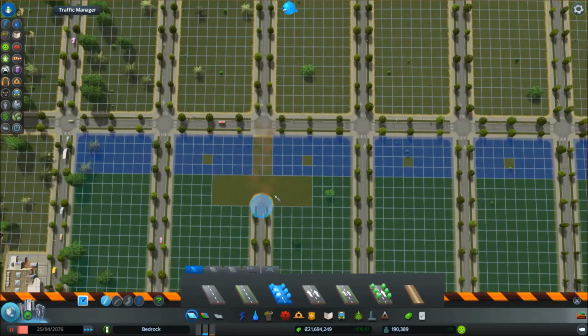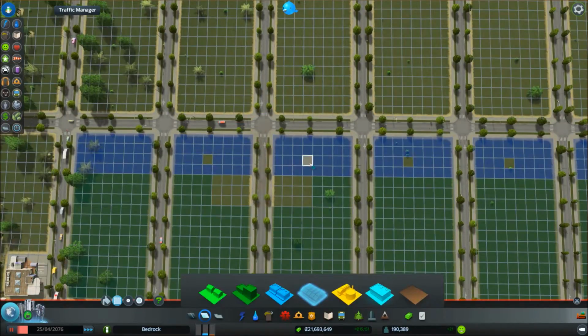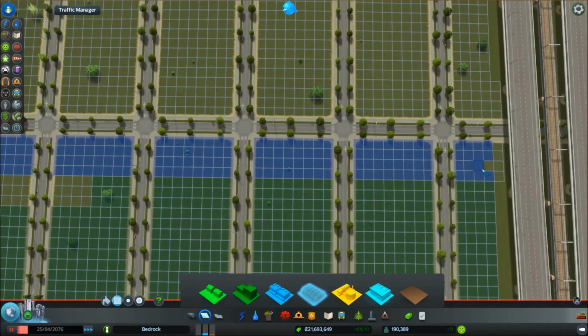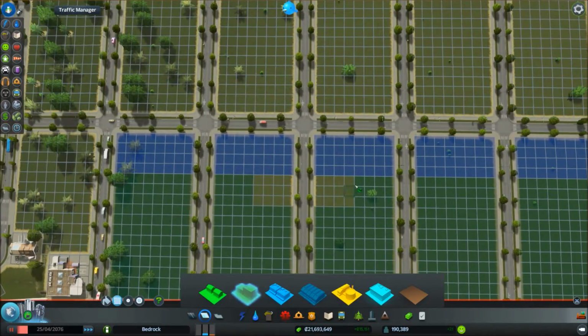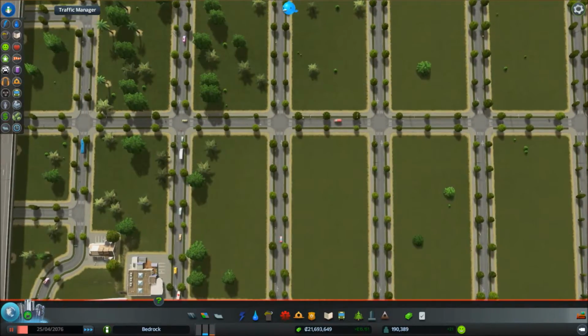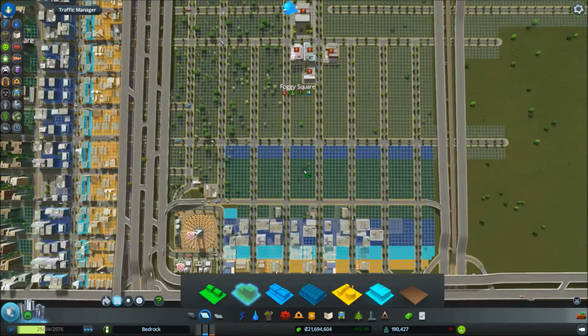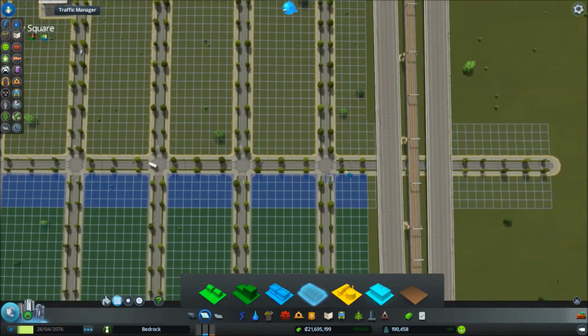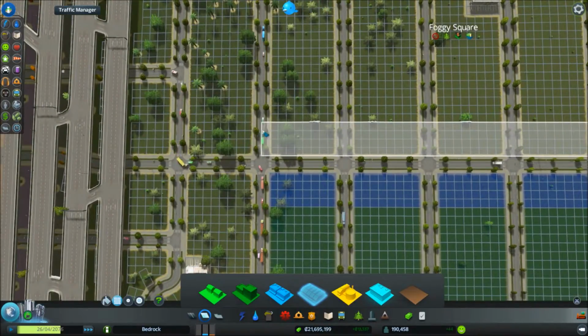Let's see, bulldoze it and then redo it. It's gonna be zonable. Yeah. Oh, so I just hadn't zoned them? Or maybe the streets removed the zoning when I was rebuilding. Could be. In any event, that would be one 4x4 commercial zone, and then after that would be the next